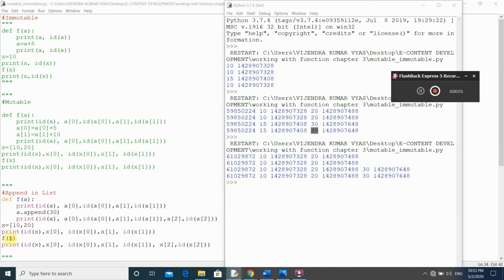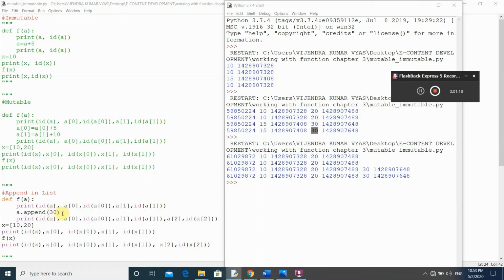After this function call, it goes to the body of this function. Here it prints some values, and in this statement you see I am appending, or adding, the value 30 at the last in the list.